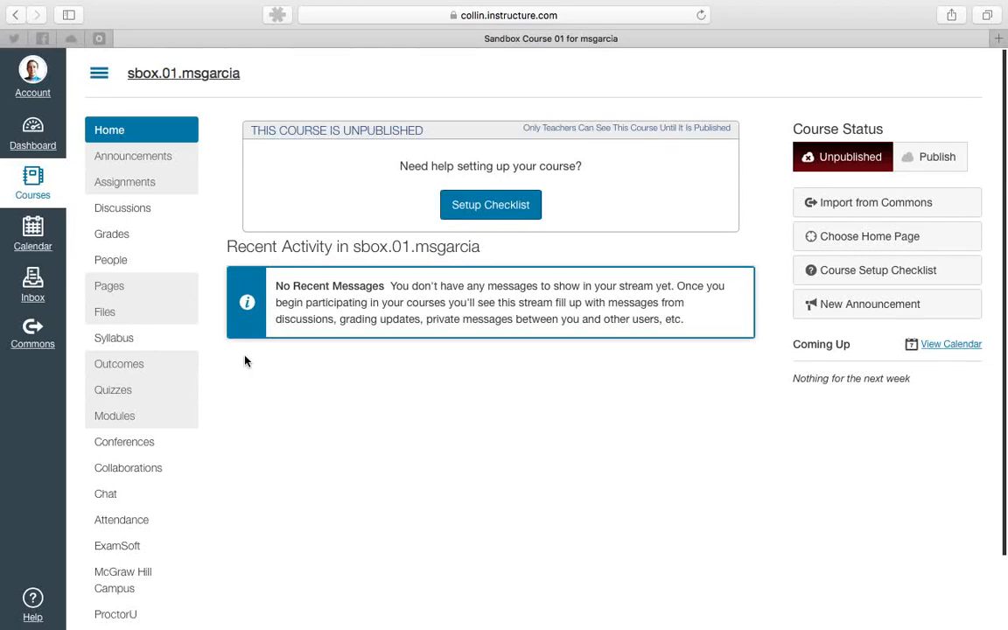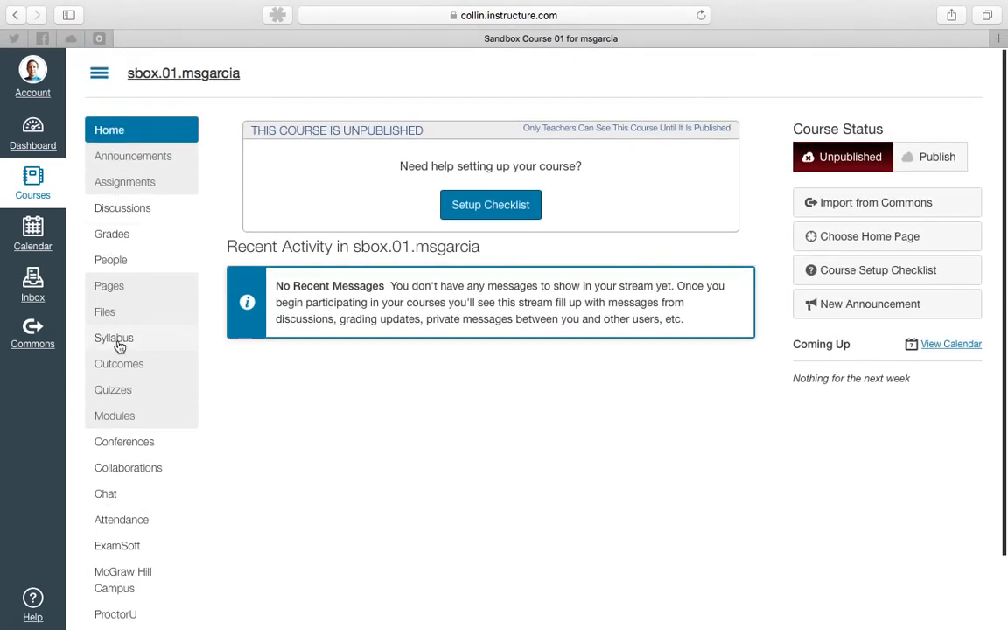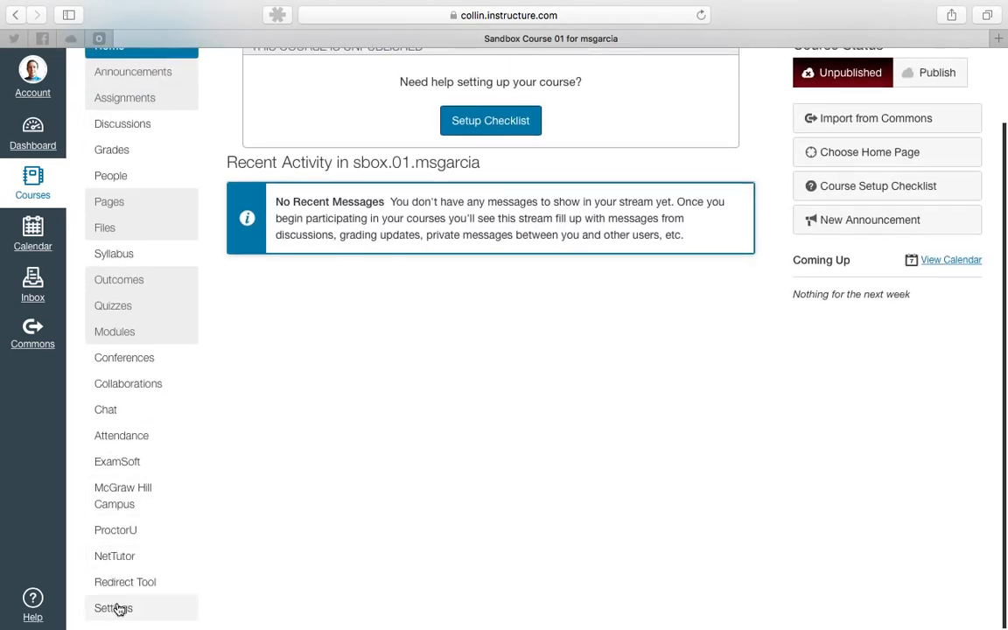So in this tutorial, I'd like to teach you a little bit more about one of the links in our course navigation bar. So here I am currently, I'm logged into my Sandbox course. If you're currently on the dashboard, click on one of your courses, whichever one you're choosing to work in at this time. And I'm going to scroll down here in this navigation bar to the very bottom to see